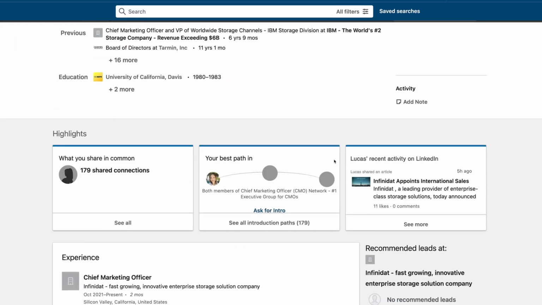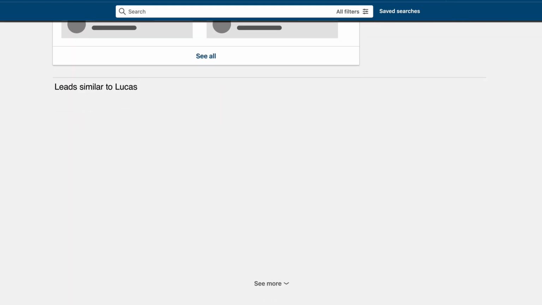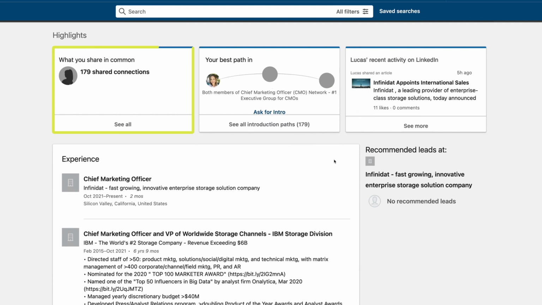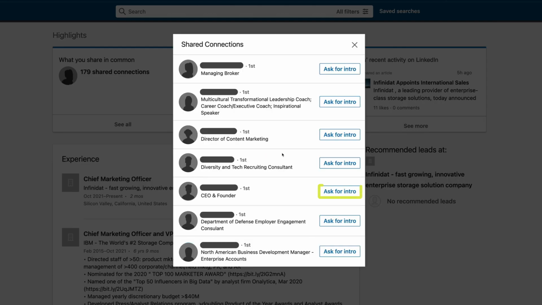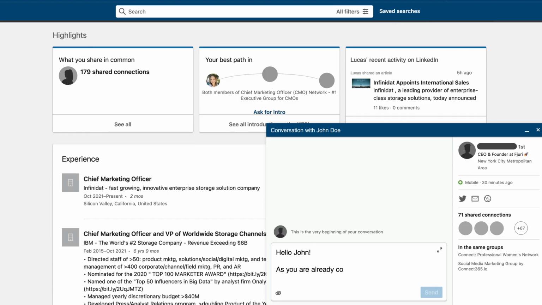And from there, you can then click through to individuals, scroll down on their Sales Navigator page, and it's going to show you people who are similar to them and all sorts of other options for getting in front of them, including who you both know. So mutual connections that you can then reach out to, ask for a name drop or an introduction. And there's just so many other features that Sales Navigator allows you to access from these highly targeted saved lead lists.